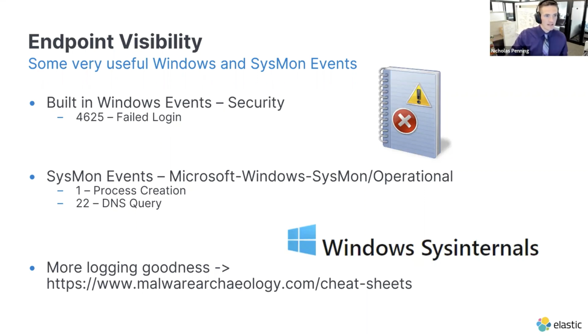I've got 3 event IDs here. One that's built into Windows that I believe is just turned on by default. Someone can double check me on that. But with Windows Event failed logon, which is event ID 4625, that is in the security channel. 4625 is failed logon, and it gives you a lot of other detailed information about that failed logon. So that's one thing that, without a doubt, you want to bring into your Elastic